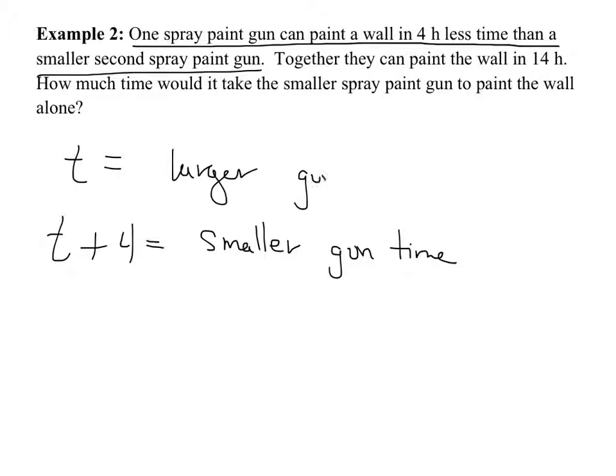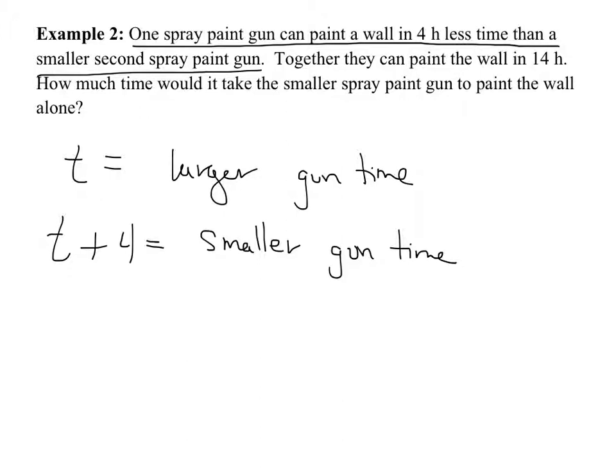Larger gun time. A more powerful spray paint gun takes less time. So T plus 4 represents the less powerful, or the smaller spray paint gun. Alright. Now ask yourself for a moment,